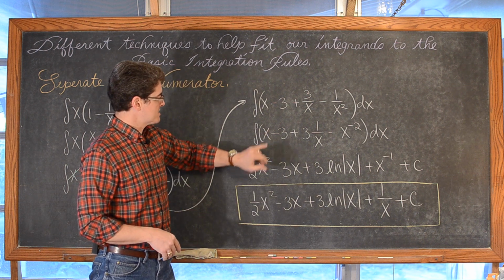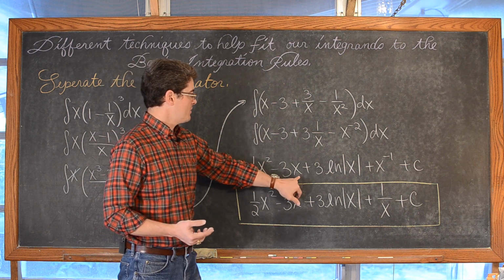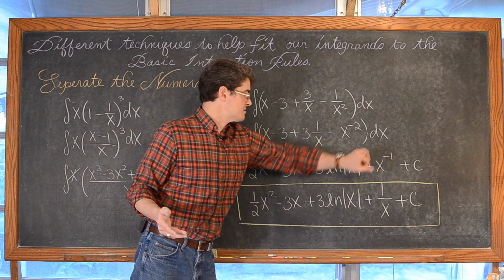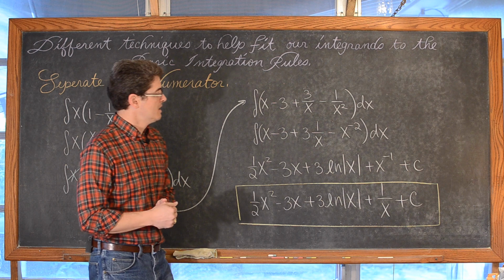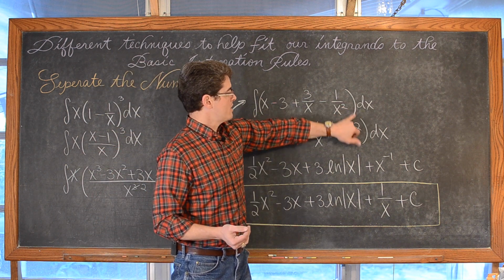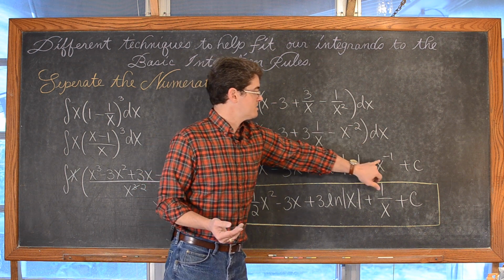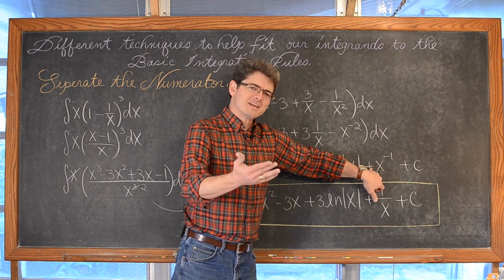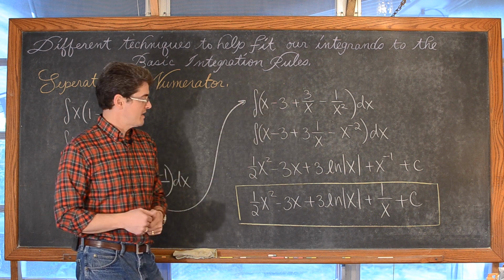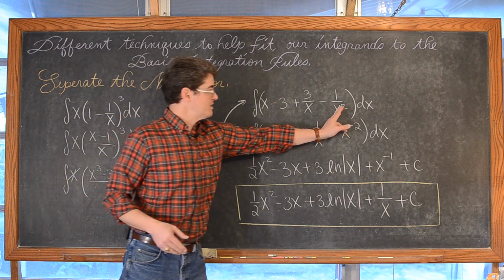We're going to integrate x, and we're going to raise that power by 1 and then divide. So we have 1/2 x squared, negative 3x. And we're going to bring this 3 out front and remind ourselves that the integral of 1 over x dx is the natural log of the absolute value of x. And using that power rule, bringing this 1 over x squared up, we have x to the negative 2. Increase that by 1, we have negative 1. So negative 1 times 1 is negative 1, times negative 1 is positive 1, plus x to the negative first power, which we can write, of course, as 1 over x.